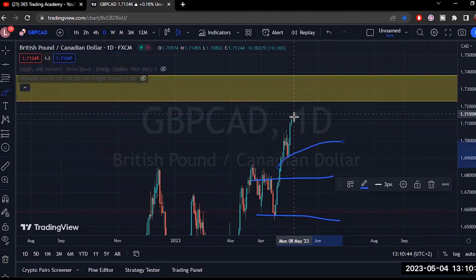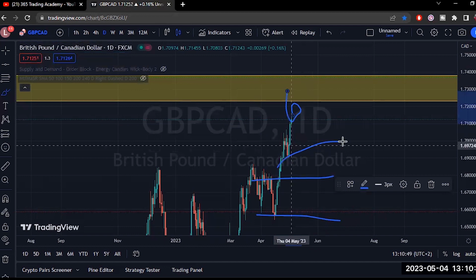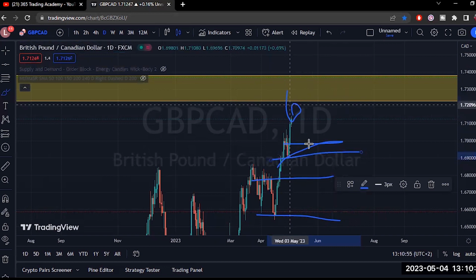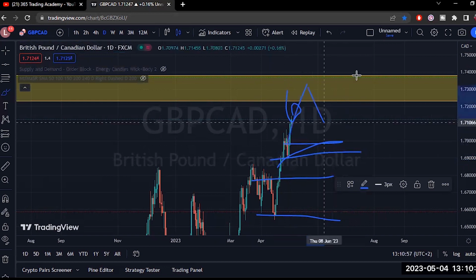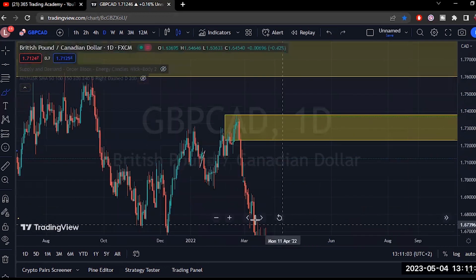If markets move up one day again, one more green candle, then as 365 supply and demand traders, we now have no choice but to acknowledge this as a potential demand area for price, and then the selling now looks like that, right? So all you need to do is to know when to get in and when to get out. You get out at a true supply, you get in at the next demand, right?